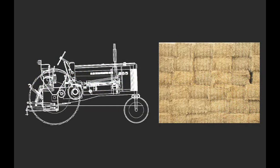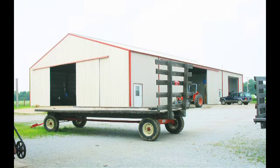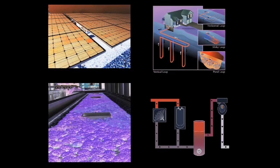The program is actually quite simple. It's to both store farm equipment and square-baled hay, and also to repair farm equipment. This, again, was our precedent. What can we do with the kit of parts? There was also a budget here that was quite tight. But also we wanted to test, and this was really encouraged by our client, how far we could push sustainable strategies here. But we really wanted to interpret that in a way that did not rely on specialized systems,